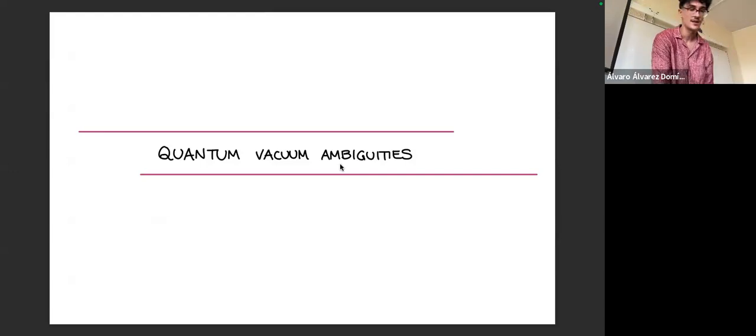Okay, a last comment, and it's a comment that can be very confusing. But this is basically a big part of my thesis and of my work. It's a study of quantum vacuum ambiguities in curved spacetimes, when we have very strong gravitational fields or very strong electromagnetic fields. So we've just analyzed this. We've seen that